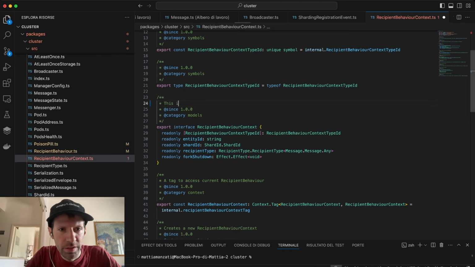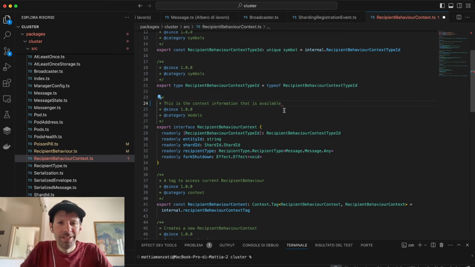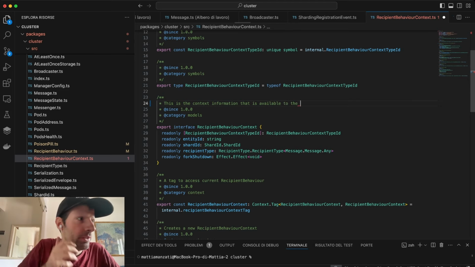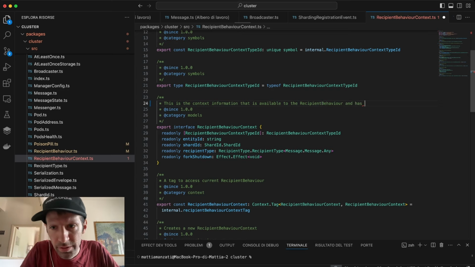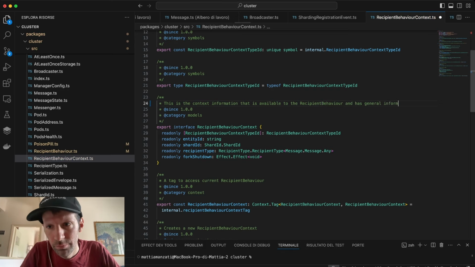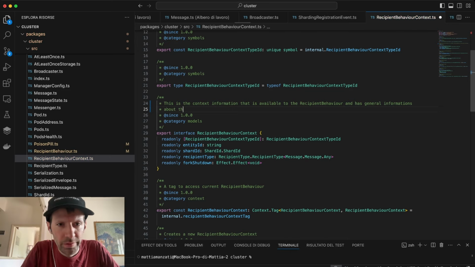And I can say, this is the context information that is available to the behavior context. Okay, recipient behavior. And it has general information about this specific entity, like the entity ID or the